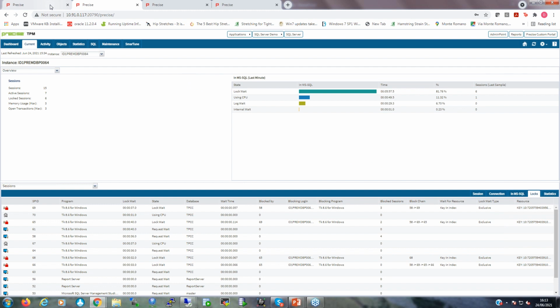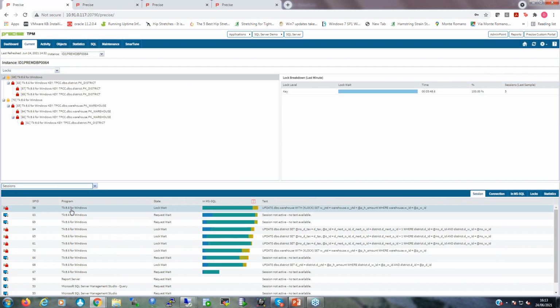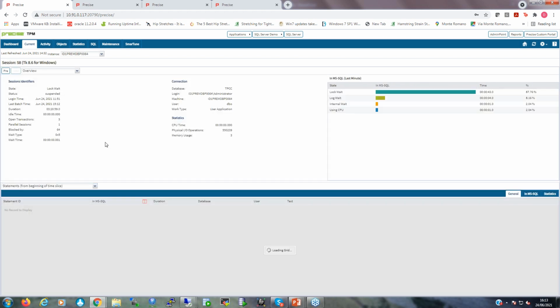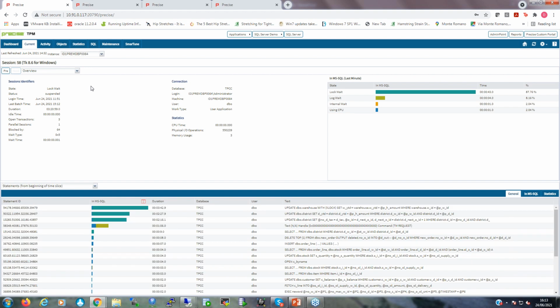We can look at the sessions and see some detail about this particular session. So again, I can see what session is there and some detail around that particular statement. As I said, this is really helpful in showing us what is happening overall in our